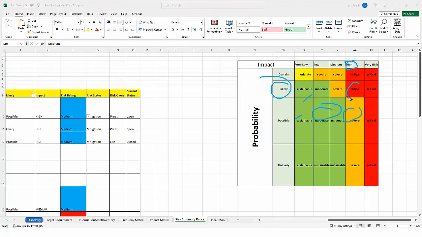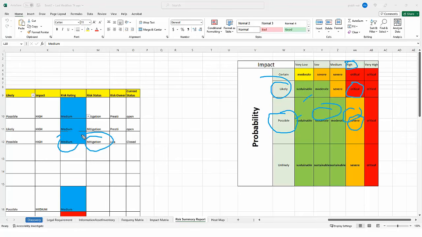In that case, the risk rating will be critical. If I say the probability is possible and impact is severe, and I get this value based on CIA, regulatory, reputation and all that, I will give the risk rating here.